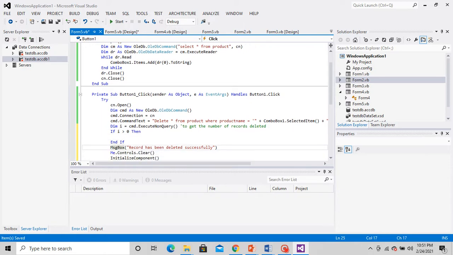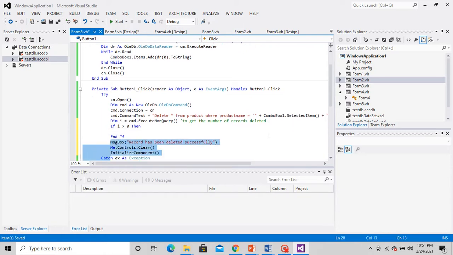I'm just showing you the options which you can use in your project. As I already mentioned, if it is deleted successfully, only then should these lines be executed. So it's just improvising the code.